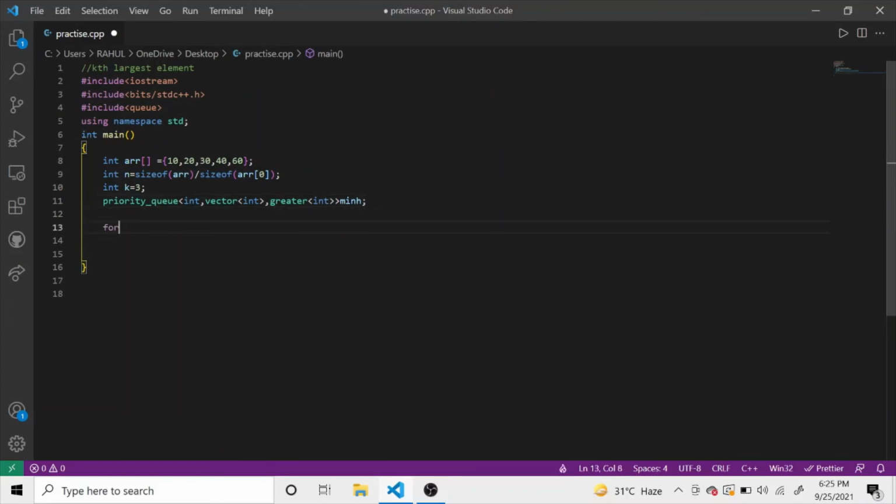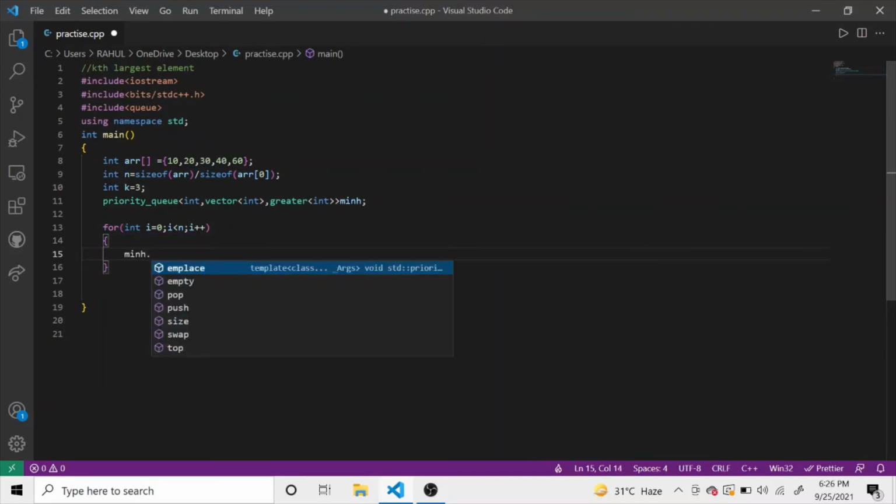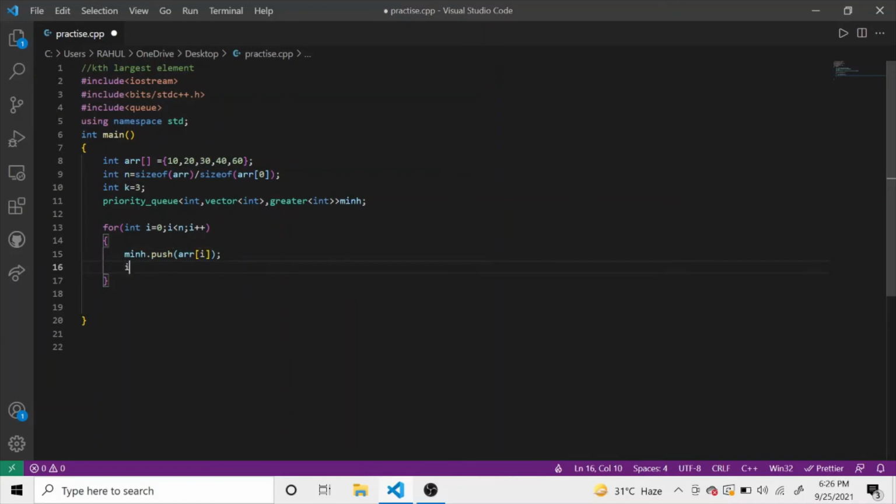Now let's see. First of all, we will traverse through the array, that is i equals 0 to n, and we will increment i. Now we will push each element in the min heap: minHeap.push(arr[i]). After pushing each element we check if the size of the min heap, that is minHeap.size(), is greater than k.